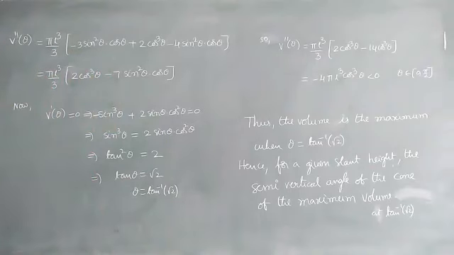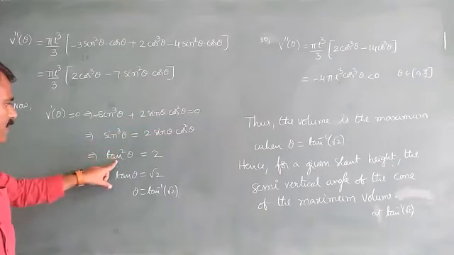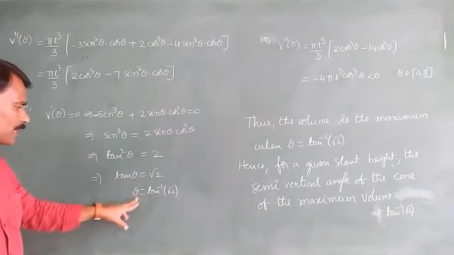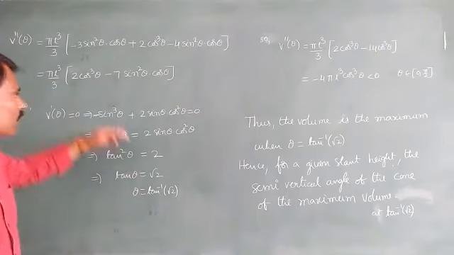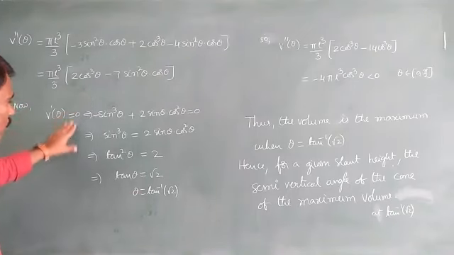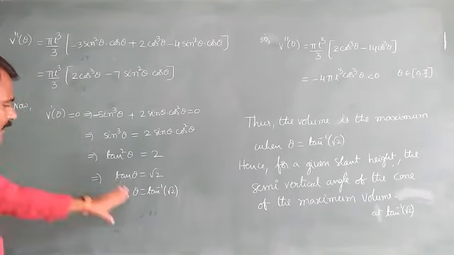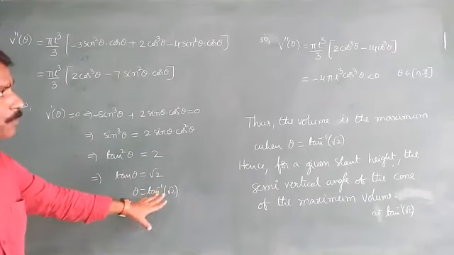Students, continuation of the double derivative test. First derivative test equal to 0, then the double derivative test, you will get a condition like this. Take V dash of theta equal to 0. By simplifying this, you will get tan square theta is equal to 2, tan theta is equal to root 2, theta is equal to tan inverse root 2. Okay, students, after taking the double derivative test, go for the first derivative equal to 0. We will get theta is equal to tan inverse root 2.